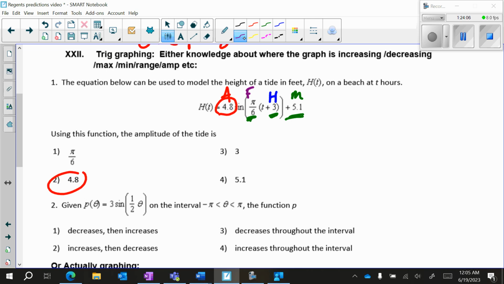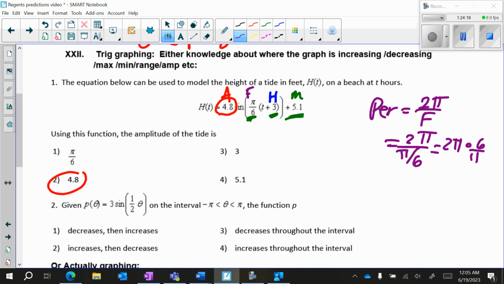If they wanted us to find the period, it's not on here, but it is 2 pi over the frequency. So I would have done 2 pi over pi over 6. And if I do keep, change, flip, this becomes 12 for the period. So just keep in mind, they might ask you for that